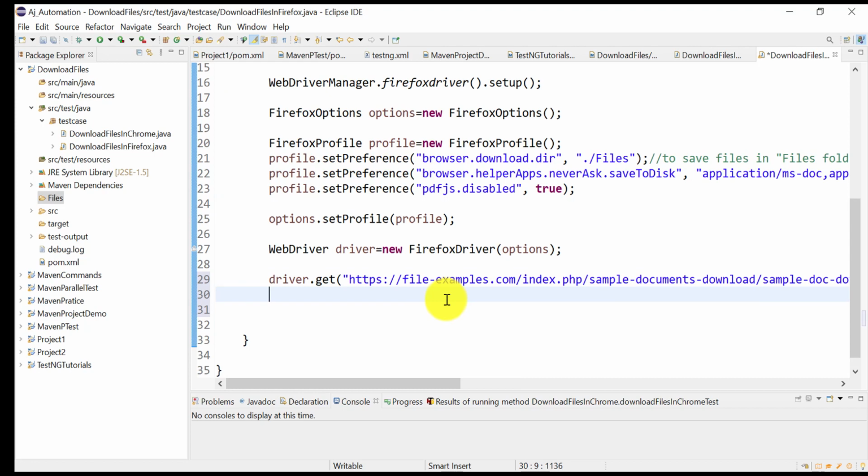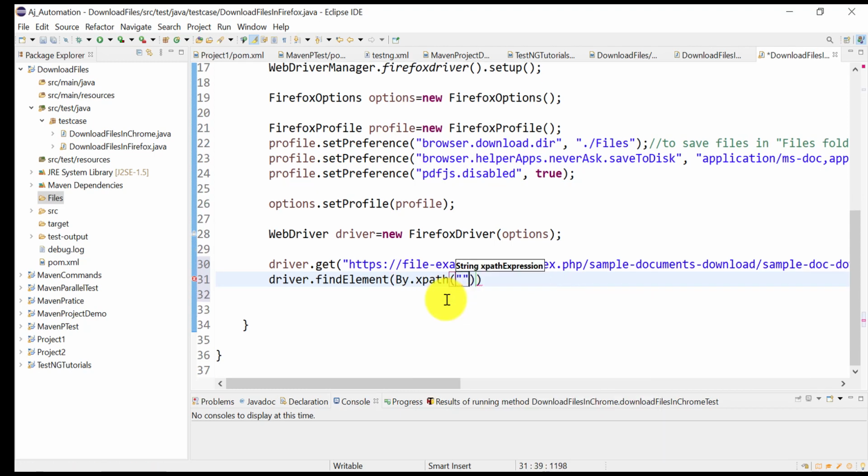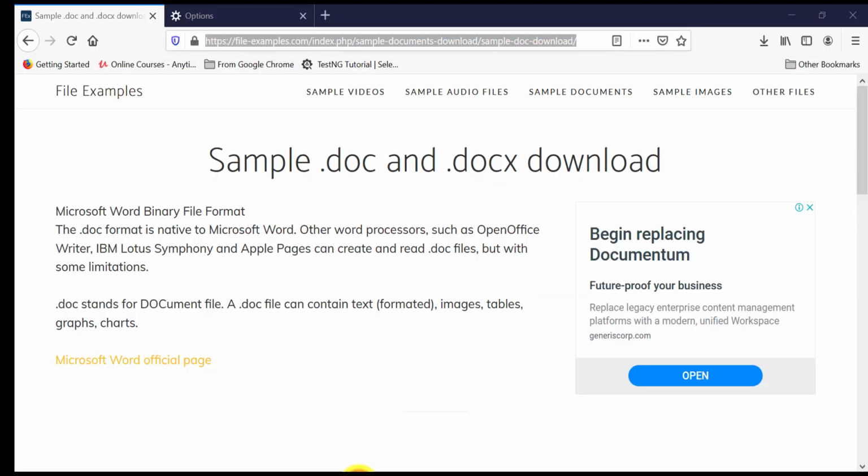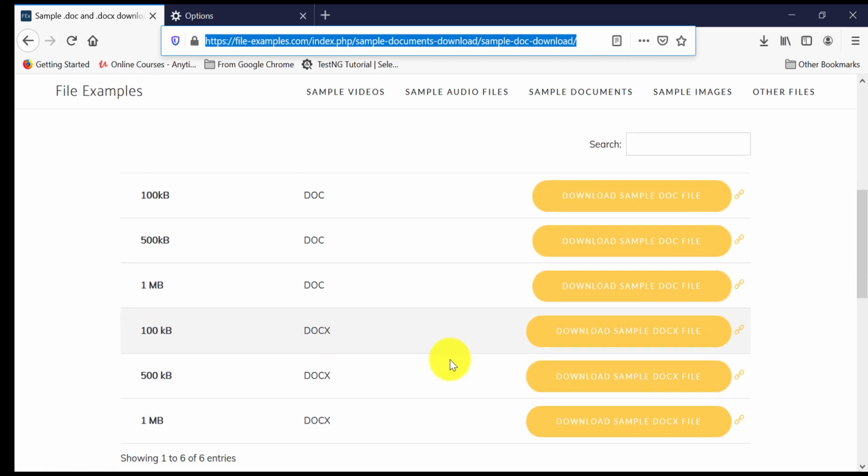After you go there, you need to click on this button and then docs.